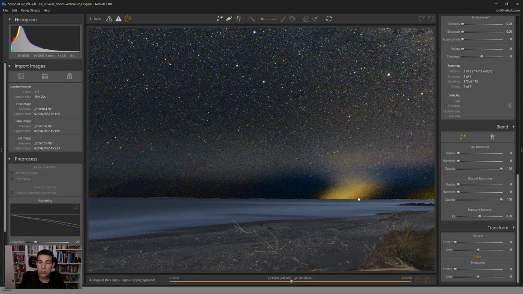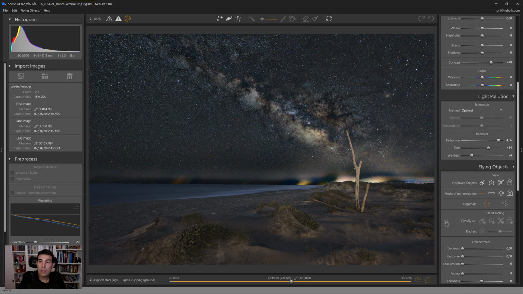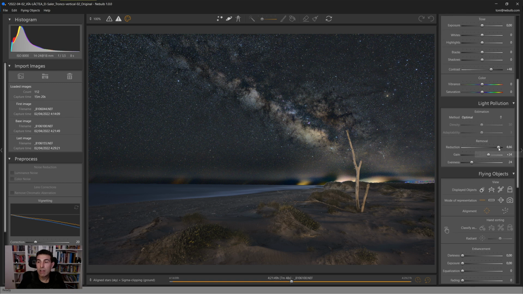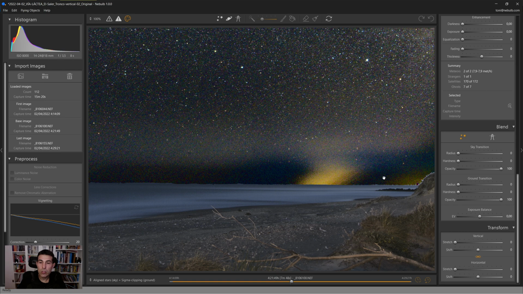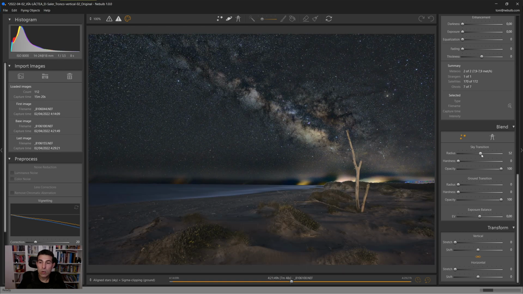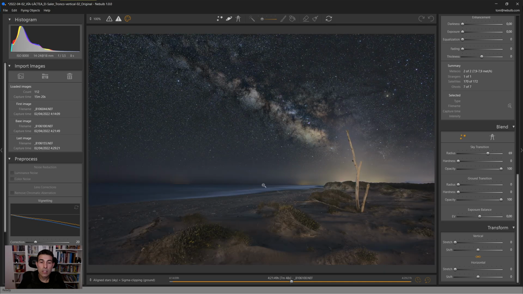A horrible transition because this transition is due to the lights of the close village, and it's not a beautiful transition because the light pollution reduction that I have applied is too high, and then in this area the transition is horrible. For this reason, you can increase the radius of the sky transition. Okay, and you get a more natural feeling, and as well you can increase